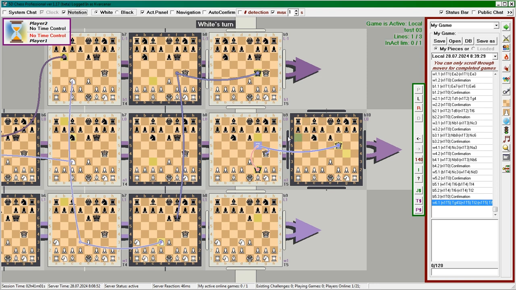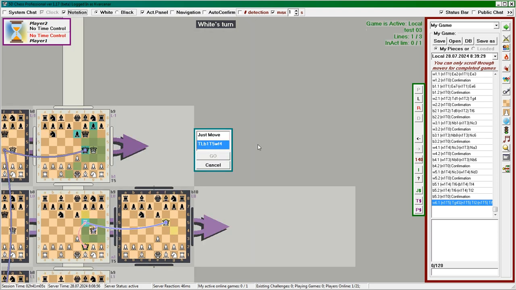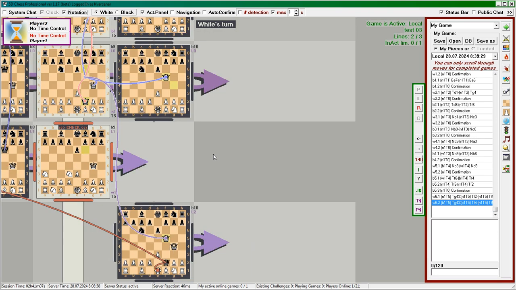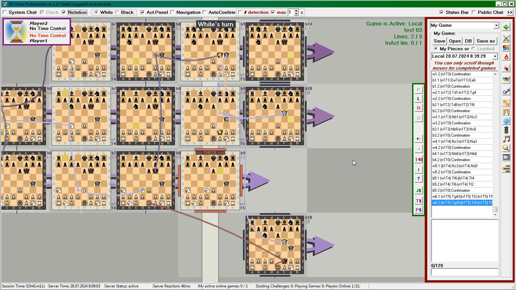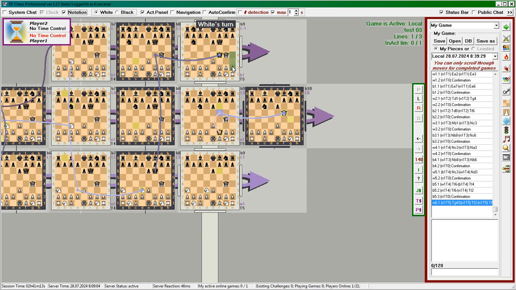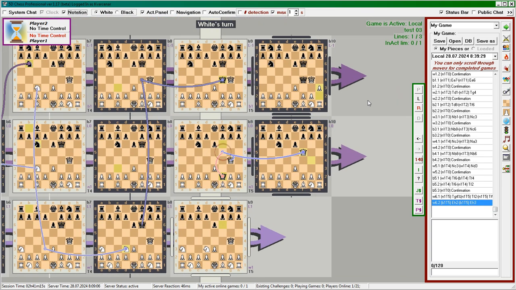At the same time, the highlight for capturing the Tsarina on the top board remains on the F5 square. We can capture it like this, for example. Note that a piece can be captured en passant as long as no move has been made on its board. If we make a move on the top board, the highlight on the F5 square will disappear.